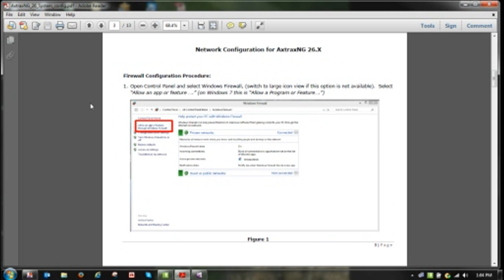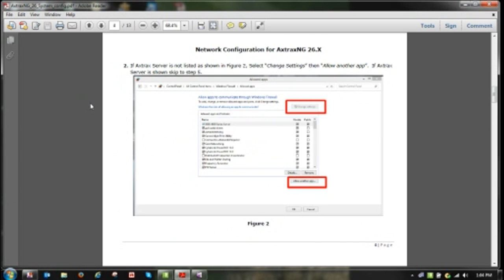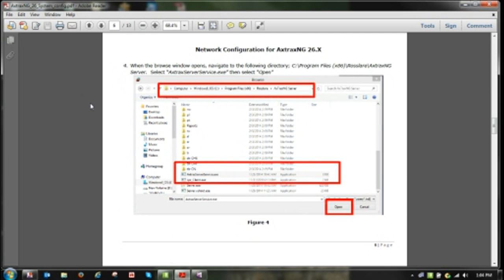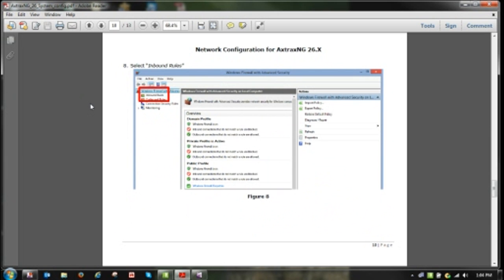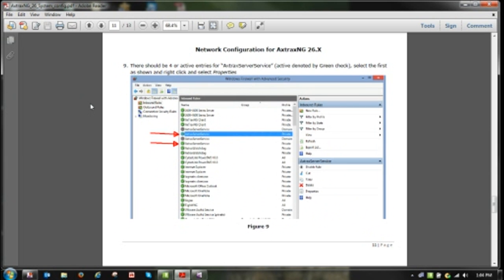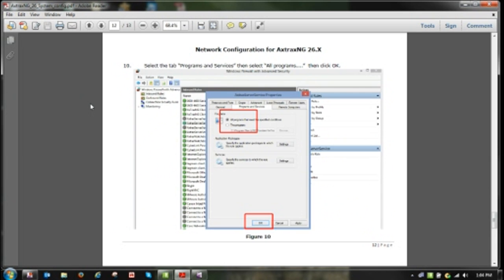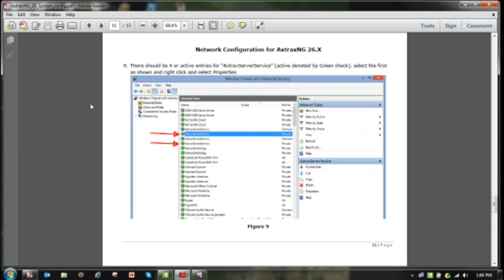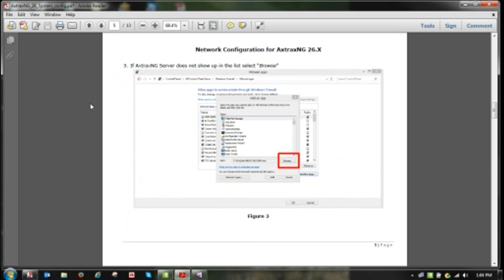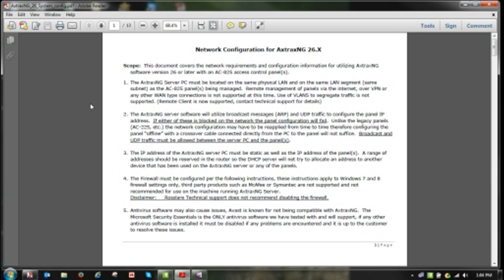We need to follow this through step by step, making sure that we set up all the exceptions in our firewalls so that our software, our Axtrax NG, can talk to the panels. Make sure that you follow this step very thoroughly. If you don't, you'll have a number of issues from not getting events, or not seeing the panel, not connecting to the